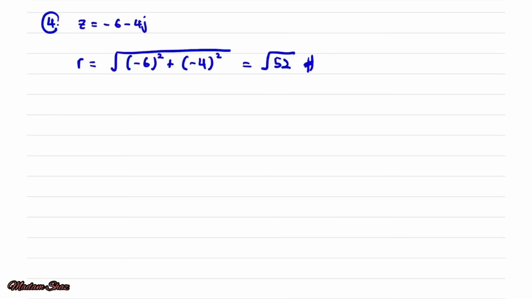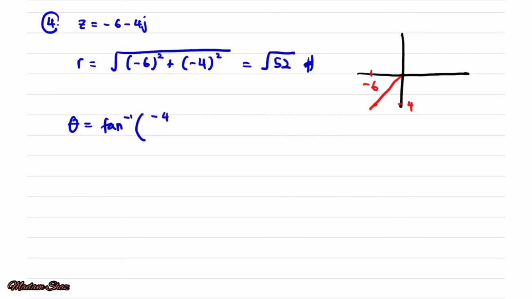So next, in order to find the theta, we need to sketch the position of the complex number. Negative 6 minus 4j, whereby negative 6 is on the left-hand side, and negative 4j is on the y-axis at the bottom side. So this is our complex number. So now find the theta. Tangent inverse of b over a, which is negative 4 divided by negative 6. By using the calculator, the answer for the theta is